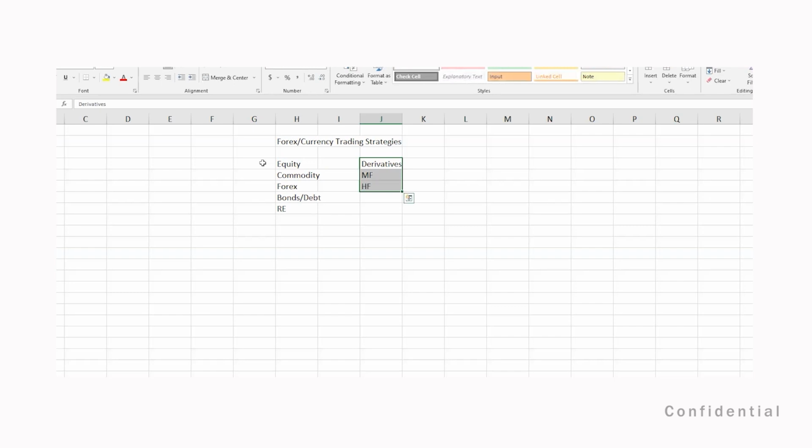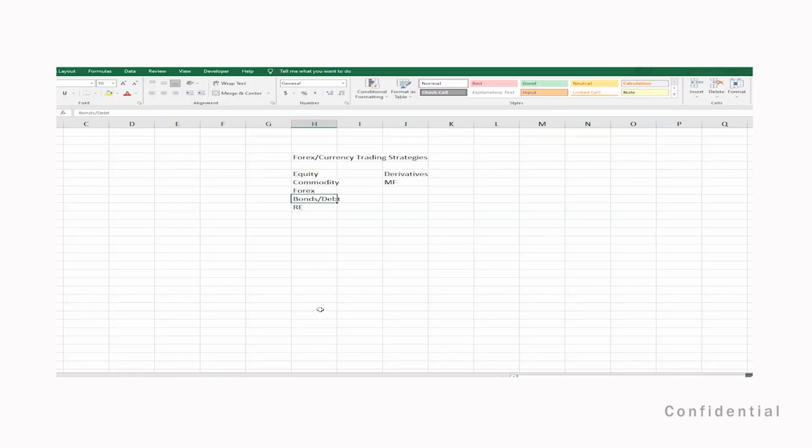These are some of the products which help you park your money temporarily or permanently in any of these asset classes. I hope everyone is aware of equity, so I would not be talking about equity. I can just say here that equity is the part ownership of the company. We are not going to deal with equity in this entire module, so let us keep this aside. While commodity, bonds and forex, they all are very closely linked to each other, and all these products are the ones that eventually impact the equity markets. These are the things that are going to drive the market.